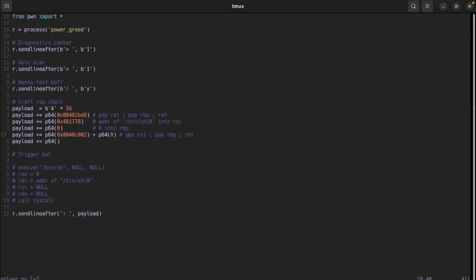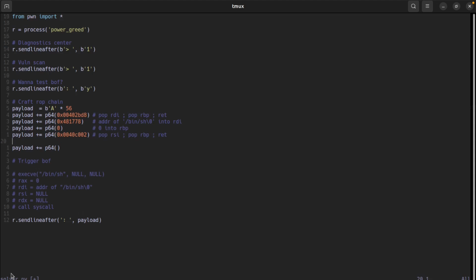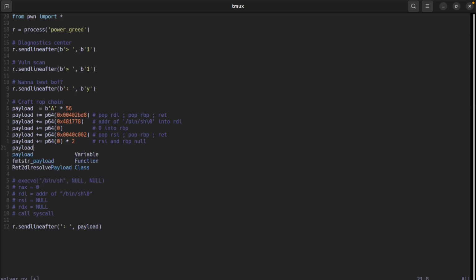Then we want the pop_rsi, pop_rbp, ret. So let's have it cleaner here, and we need to fill RSI and RBP. So payload, we want both of these values to be 0, so we just do this, RSI and RBP null, and then we want p64, our pop_rdx gadget,